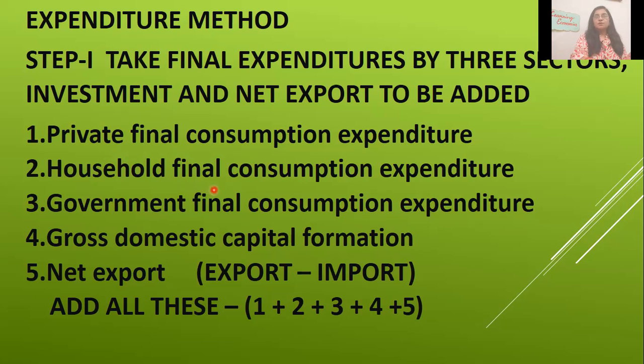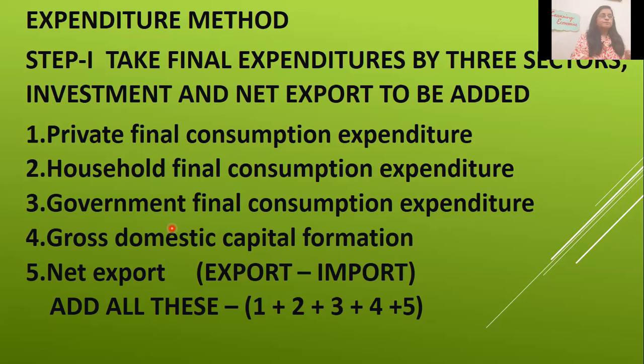But as a household, as a consumer, I need to fulfill my needs also. And for that, whatever consumption I am making, that is household final consumption expenditure. And then government is also making final consumption expenditure because it is providing goods and services to people. Like it is making parks, roads, bridges, dams. It is providing electricity, for which it is making power plants. So whatever expenditure government is making, like the latest one, providing of vaccinations. They have provided you vaccination, and you know that the government budget has given the maximum part to medical expenses